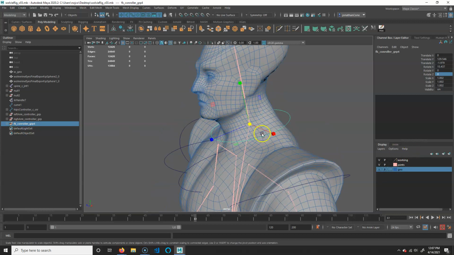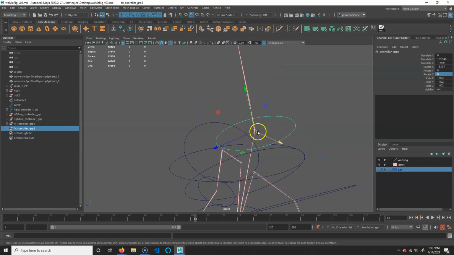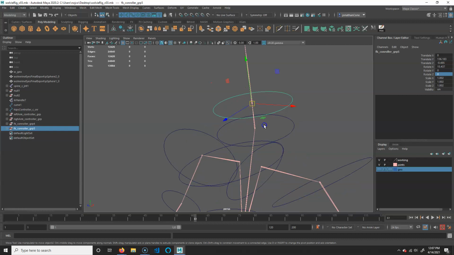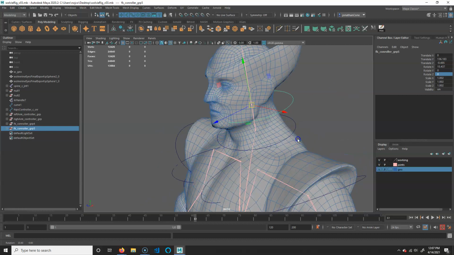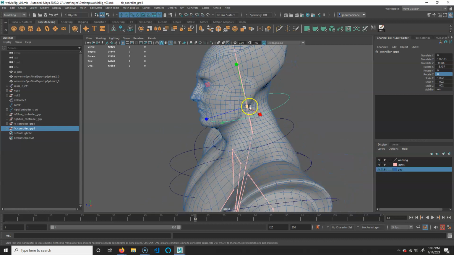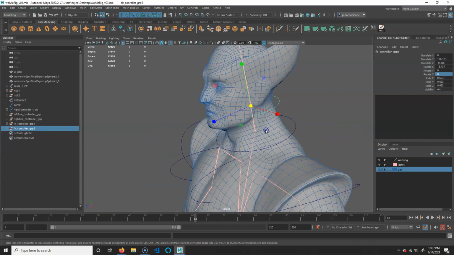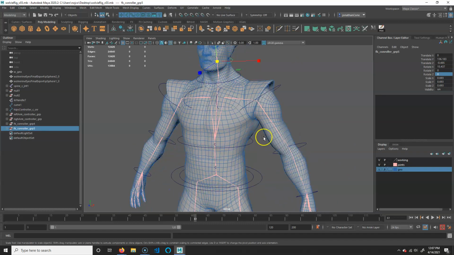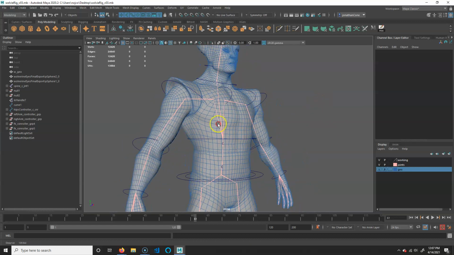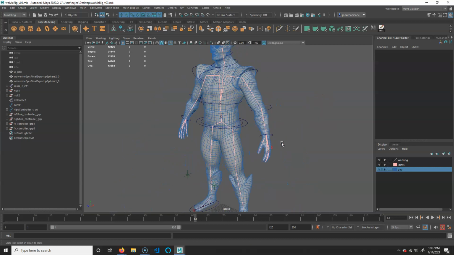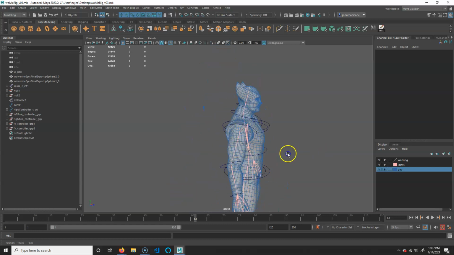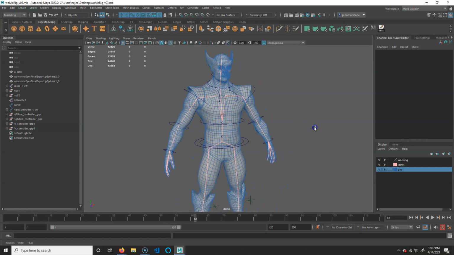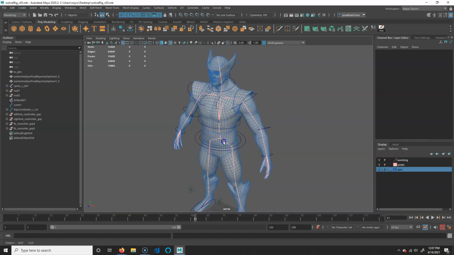So I'm just going to go ahead and hit Control D, turn the geometry off, W and V, point snap up. All right. Let's put the geometry back on. And I'm going to go ahead and scale this down a little bit like that. And that will be our head controller. Okay. And if we look, I think we have all of our controllers. So we don't have anything for hands yet. We'll figure that out later. But now we at least have all of the controllers on